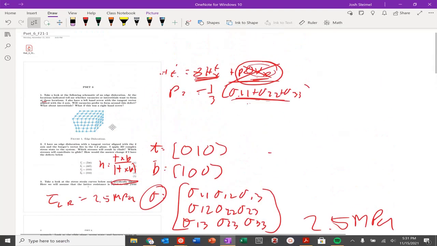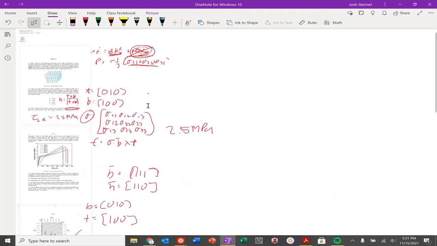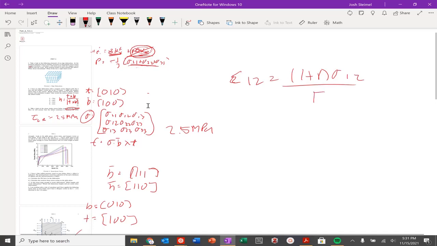So hopefully we remember all the way back to our linear elasticity lectures, we should remember that epsilon 1, 2 is equal to 1 plus nu sigma 1, 2 over E. So, essentially, if we were looking at gamma 1, 2, which is equal to basically twice this epsilon 1, 2 value, it would be equal to